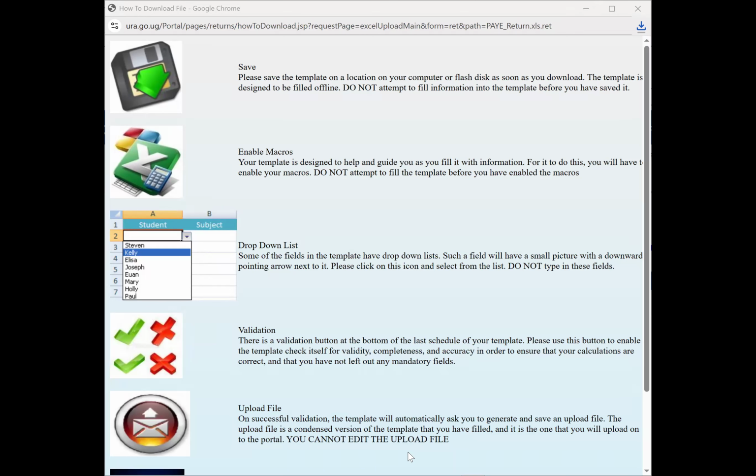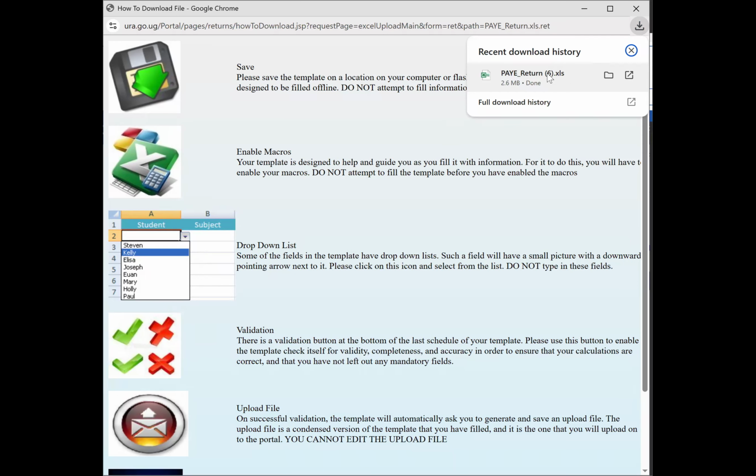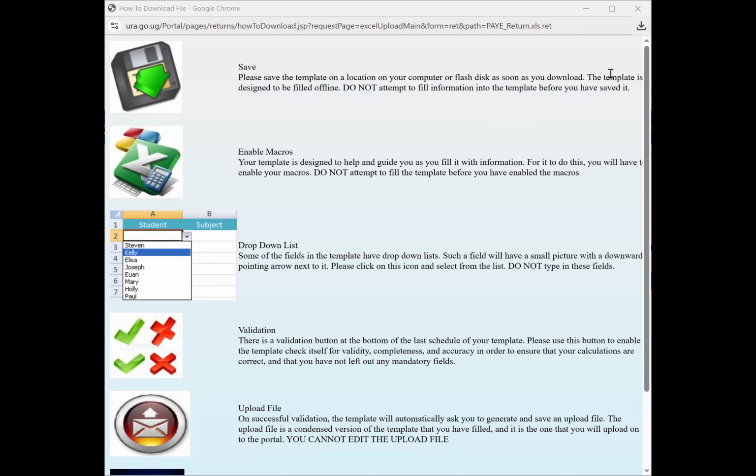And at the corner of this page, just right here, you see the download icon. This one, new download available. So you click on that. I hope you can see where my cursor is. So you just click on that. It's going to show you the PAYE return that has been downloaded. Then there is a folder icon. When you click on that folder icon, you're going to be taken to the exact place where the return has been